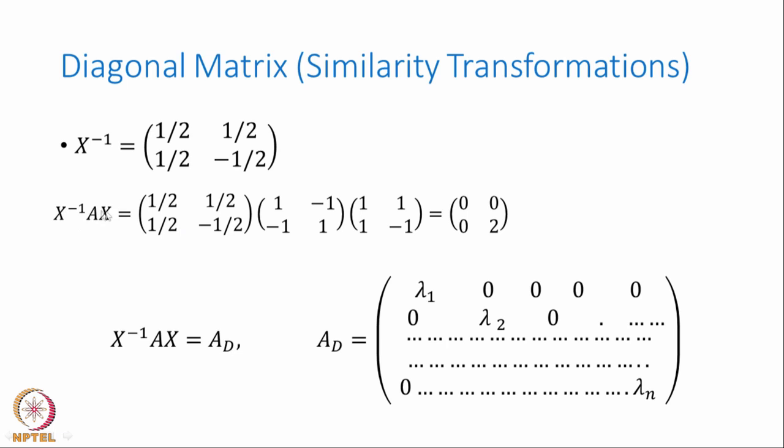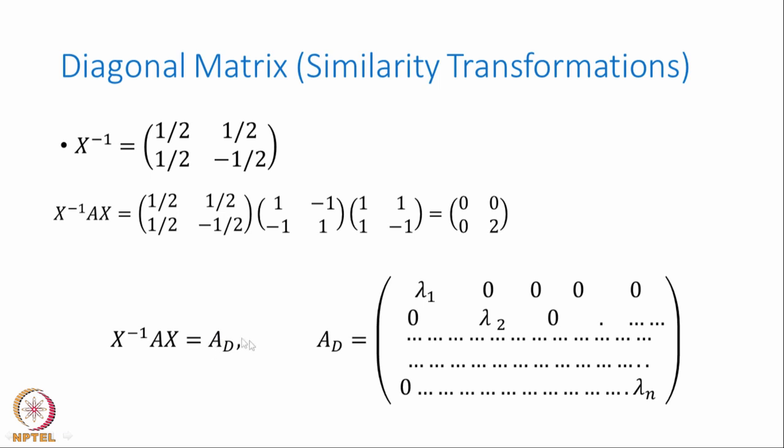When you do a similarity transformation on any matrix, what you get is the diagonal values of the eigenvalues. All the diagonal values will be eigenvalues, off diagonal values will be 0. So, this means I have converted A into its diagonal form using a similarity transformation. So, I have generalized it to any matrix of any size. Take a matrix A of any size, find its eigenvectors, find the eigenvector matrix, find the inverse of the eigenmatrix, x inverse A x will be A in the diagonal form.